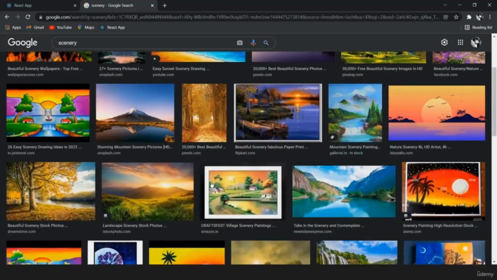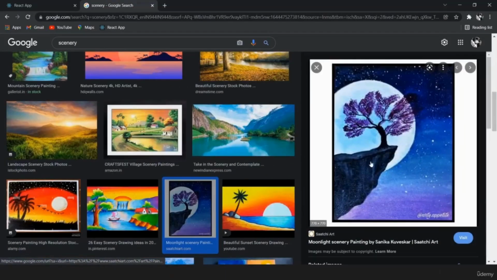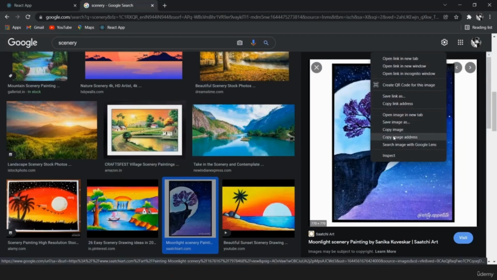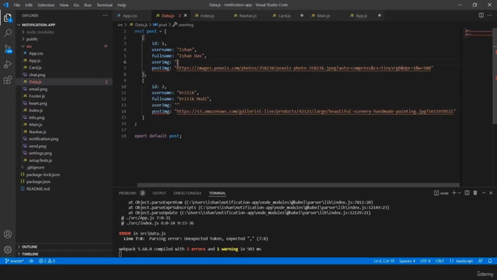I think this looks fine. Any image, it does not matter. So we'll copy the image address and paste it in the user image. This will basically be like a user profile picture. And okay,